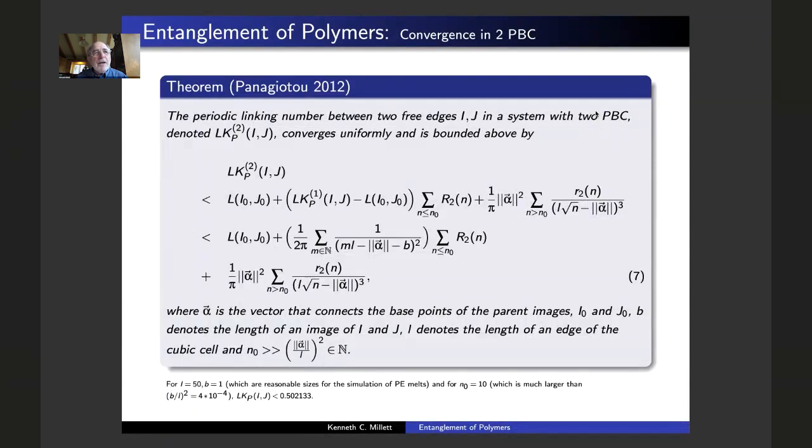So one of the key things here is the fact that you only need to worry about single edges, because any chain is going to be consisting of a finite collection of single edges. So you need to worry about how those edges, if you have two arcs in space, you hold one fixed, you take the other and you translate according to your integer lattice, now two-dimensional. How do those contributions